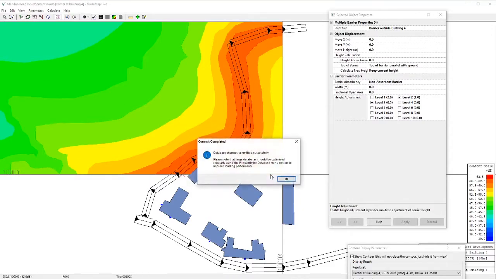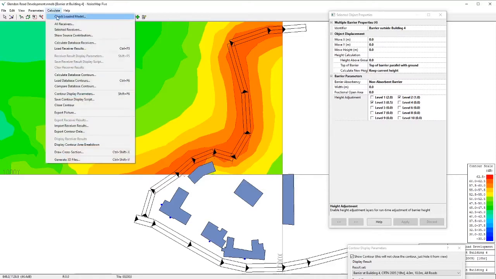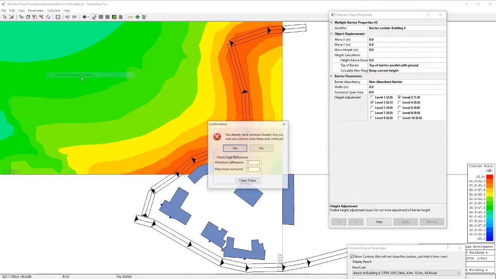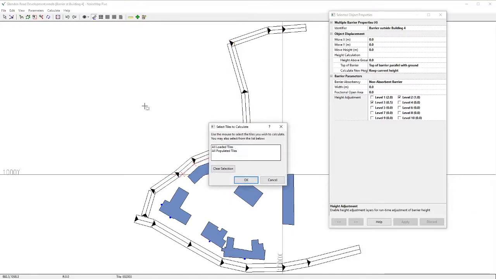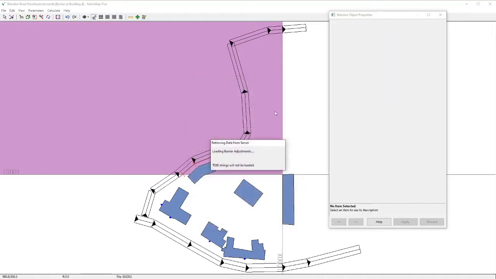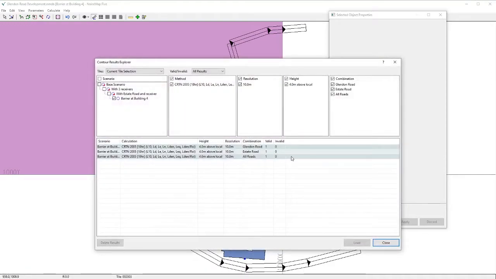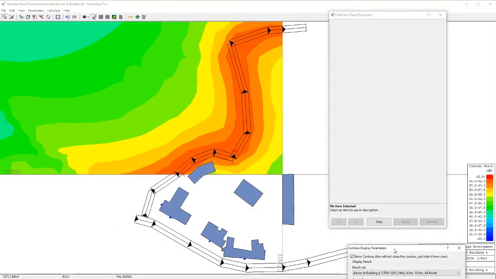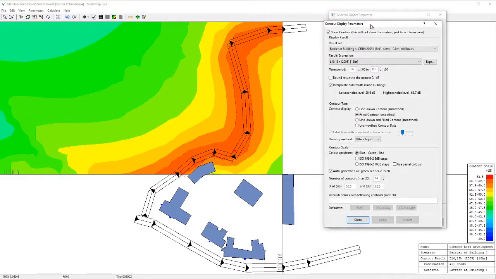Okay, and calculate the database contours. We do want to close those. We want to calculate just for that tile, and I'll perform the local calculation. Load the results for all roads. There's the barrier. I'll lift that up so we can use it if we need to. And actually, if we look, the red line has moved in just slightly,